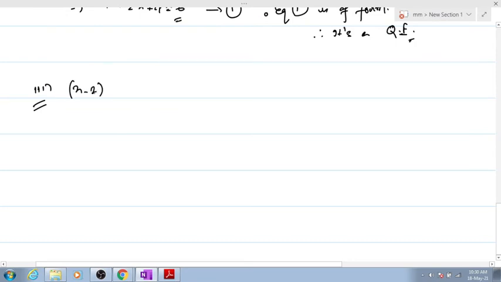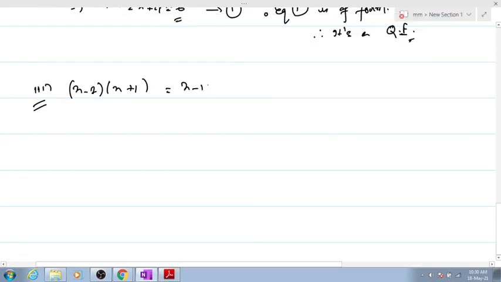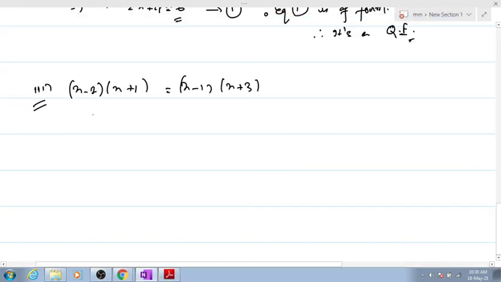Third one will not be quadratic because the term x square will be missing. Clearly see: minus 2x plus x